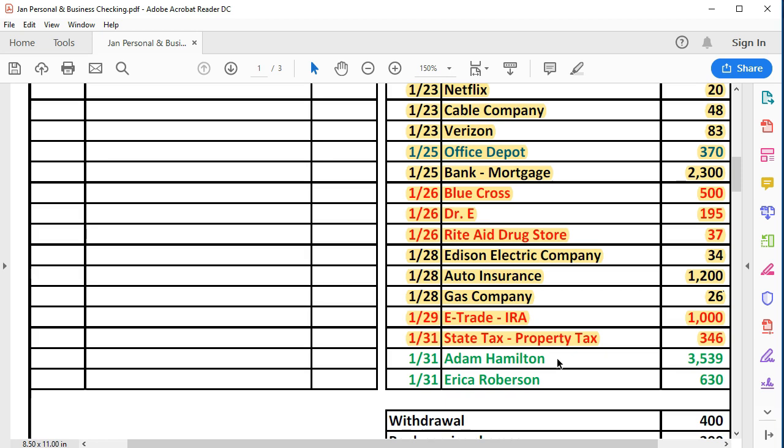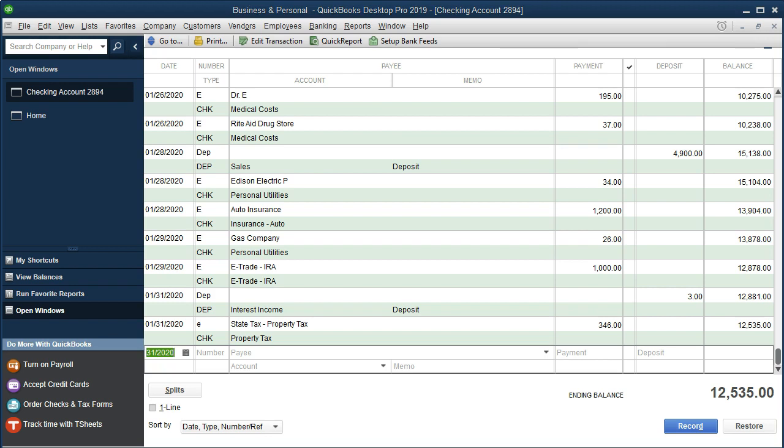And now we see it on the bank statement, and we're going to record the net check only here. We're not going to get into different ways to record payroll, but we want to note this is going to be a business expense that we're going to want to put on the books on the business side, not the personal side. So we'll go back into our QuickBooks, and we're going to enter this as of the end